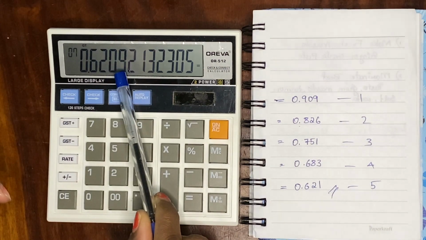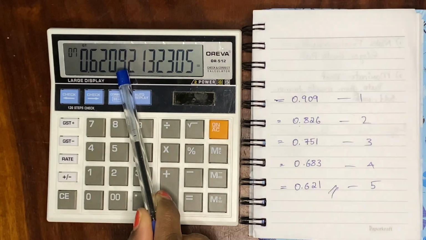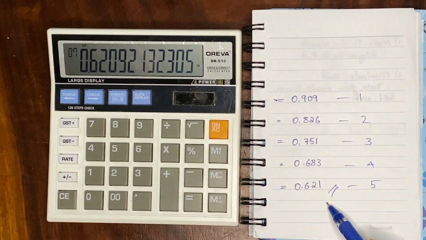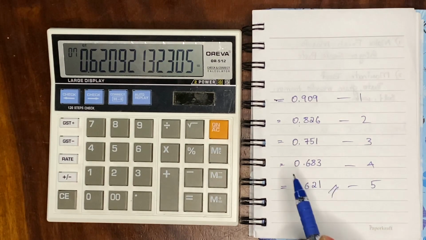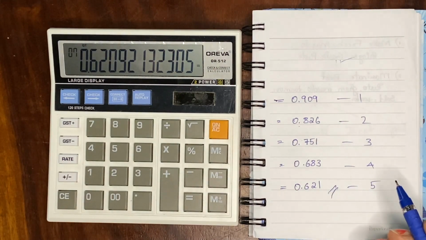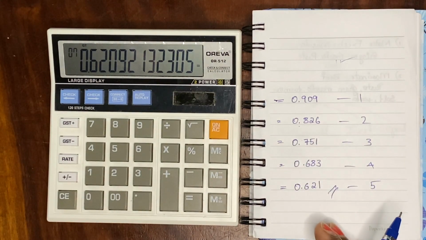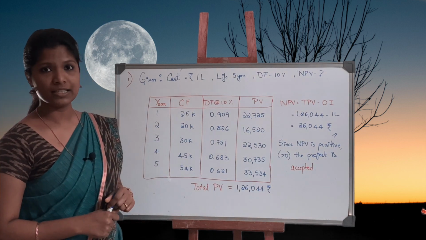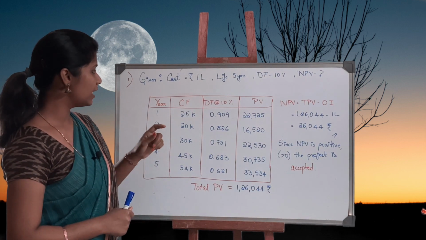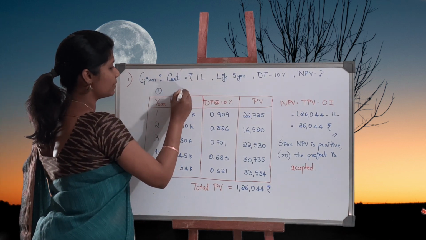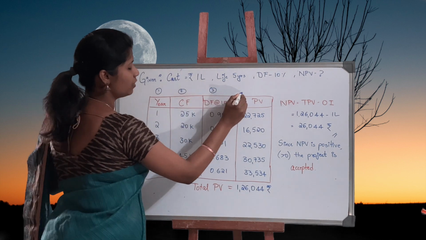I have just rounded up here because it is above 5. So this 9, I will make this 0 as 1. So these are your discount values for 10% for 5 years. Likewise, you can also find out for any other percentage, 12%, 11 or any other percentage. This will be your format. So hope you have understood how to calculate your discount factors at 10% rate of interest. Now if you put up columns like this, it will be easy for us to calculate.